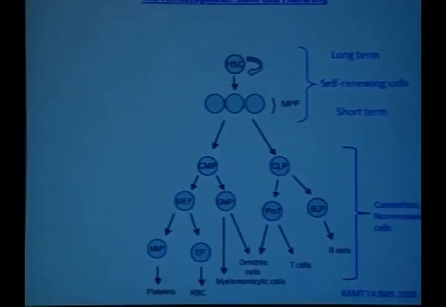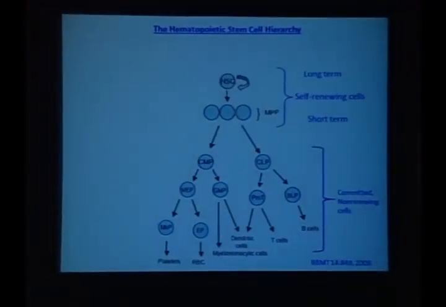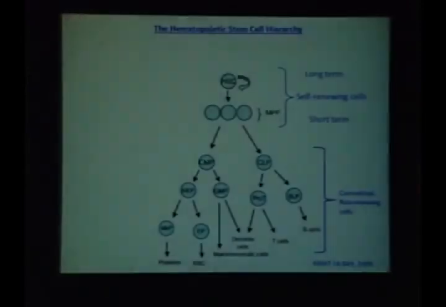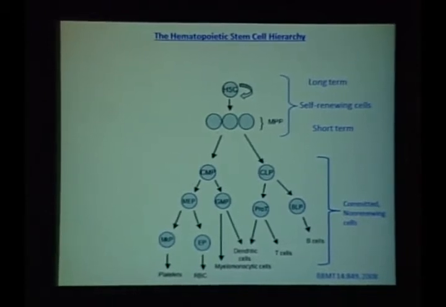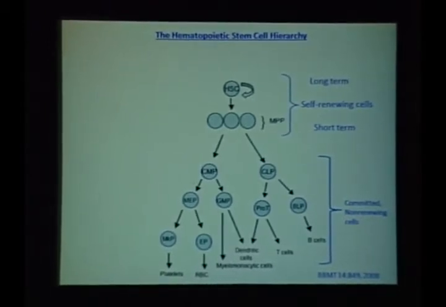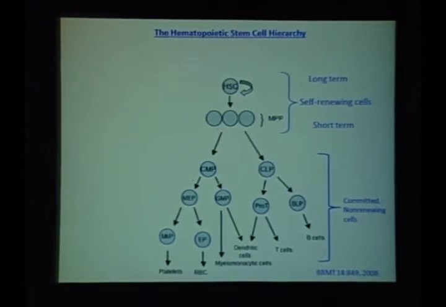So let's start out with this cartoon, which is similar to what John showed you, and I show it because it's going to come up again, where we have the prime mover, the primitive stem cell, and actually we won't talk about it today, but we can identify that cell, we can isolate it as a single cell, and we think we can isolate the cell behind it. That's the JAK2 mutation occurs at the top at the primitive stem cell, which essentially makes itself and it makes daughter cells, which eventually lose the ability to renew themselves, and they become the cells that we see in the peripheral blood, the red cells, white cells, and